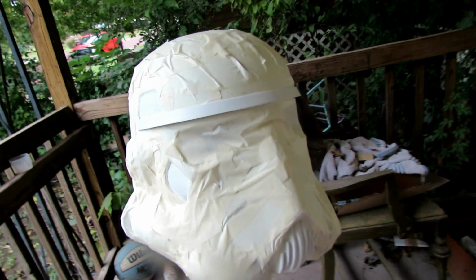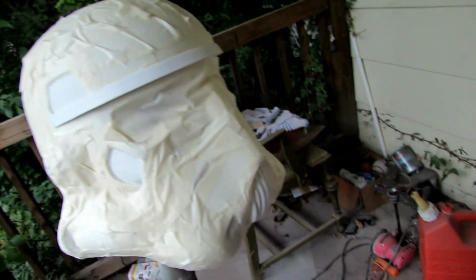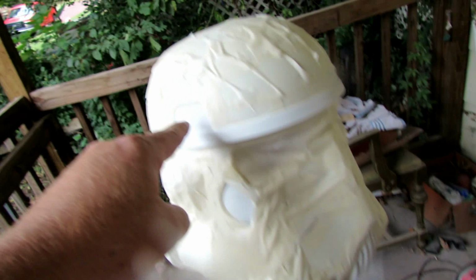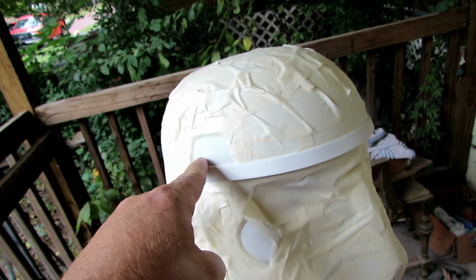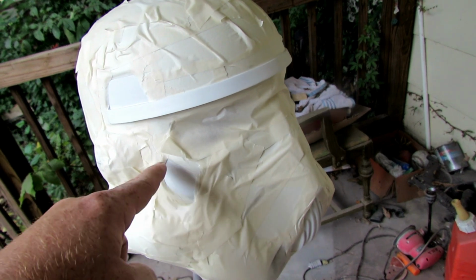Alright, so I got her all taped up. Now I'm going to do black first, because this part's black, that part's black, and then these have black lines in them. This has black lines. I think this might just be gray, and each one of these are outlined in